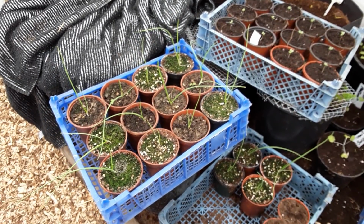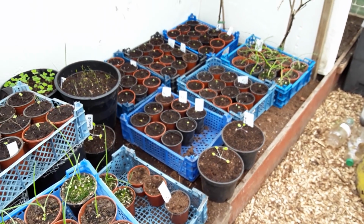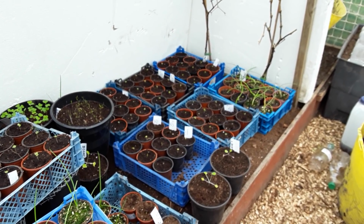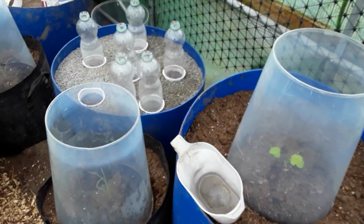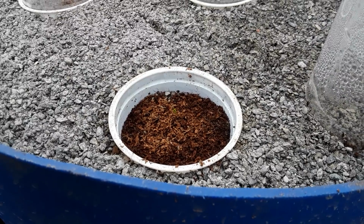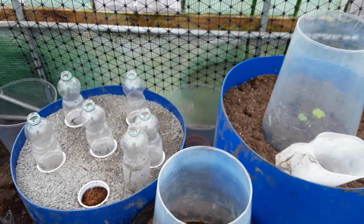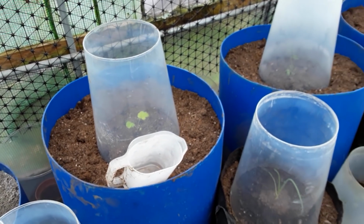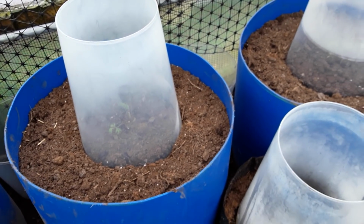So really pleased with how things are going, and as long as the weather isn't going to be as bad as what we may expect, then I'll be pleased. But at the moment everything's safe in here. The long show carrots that we chitted in the middle of the screen, you can see that one coming up. Any stations that don't come up, I'll just plant 3 seeds per station. Perhaps I shouldn't have chitted them, but that's the way things go. With show carrots you need them all to be at the same time, but